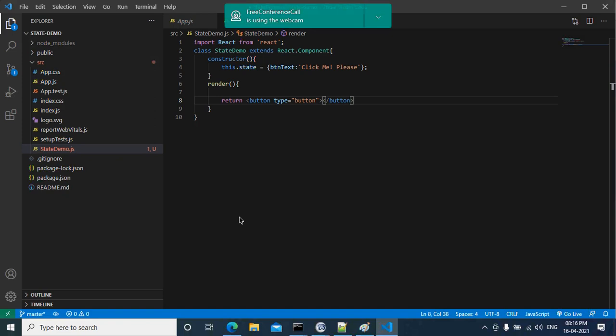Okay, what is the text I want to give? The button text, btnText. I want to give the